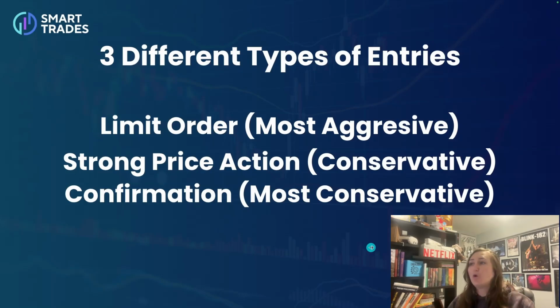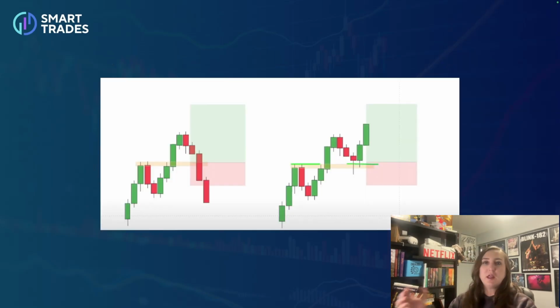So now we will get into the pros and cons of each. It really depends on the type of trader you want to be. Me personally, I have tried limit orders a lot in my past. Usually equates to more losses. Strong price action, it's middle ground criteria here. And then the confirmation, you're probably going to have a little bit higher win rate. So if we look at some textbook examples first, and then we will also go over some live trades and the strategy to take place with this for each one of these,